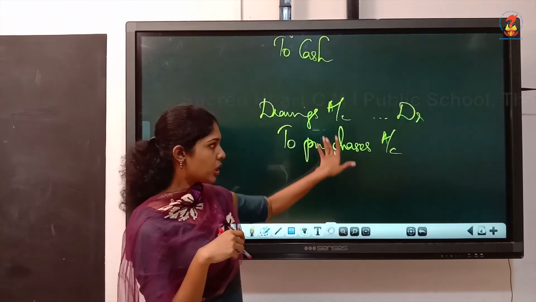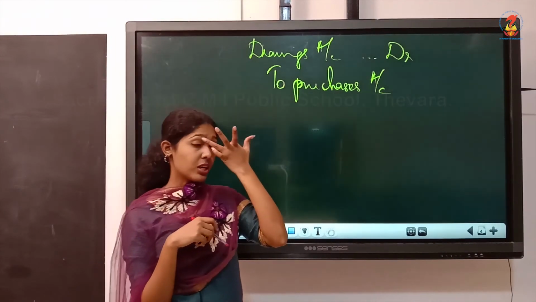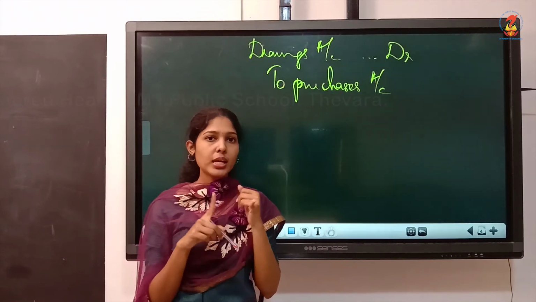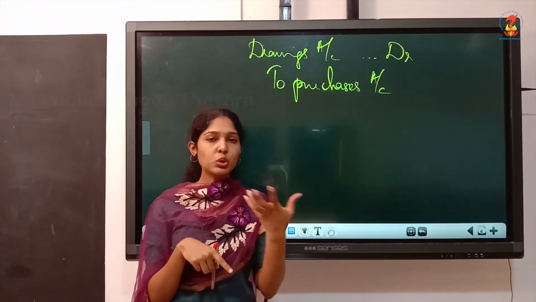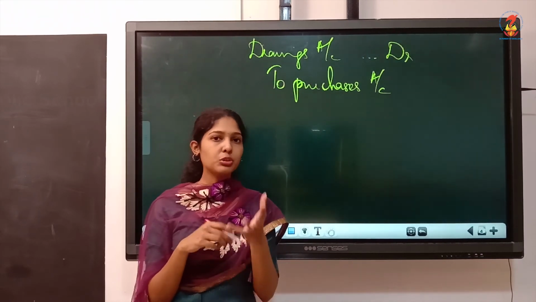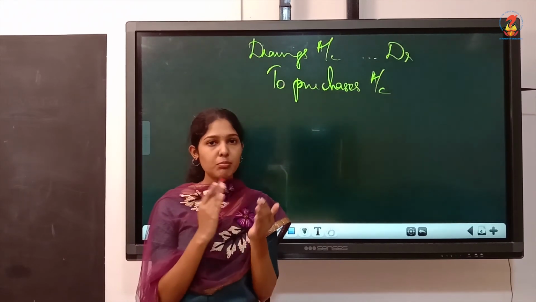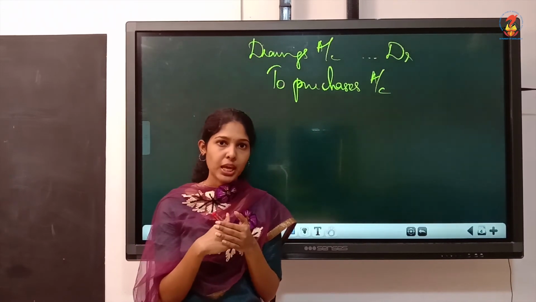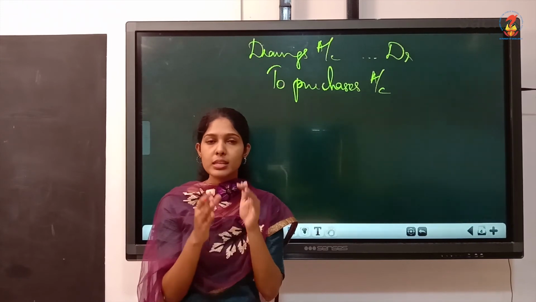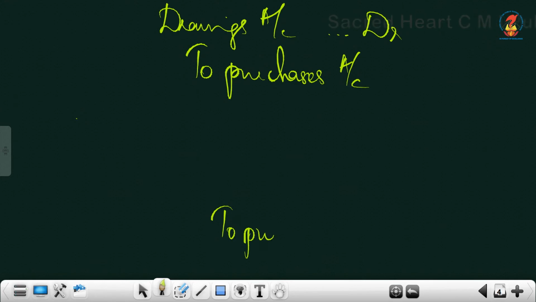Then the next one, loss of stock by theft or fire. So first we will see how to record such a transaction. When you lose goods due to theft or fire or any natural calamity, how to record such a transaction in the books? What is moving out from the firm? It is the goods which we are losing. So what you have to credit is purchases.